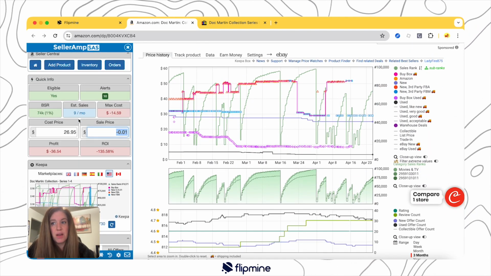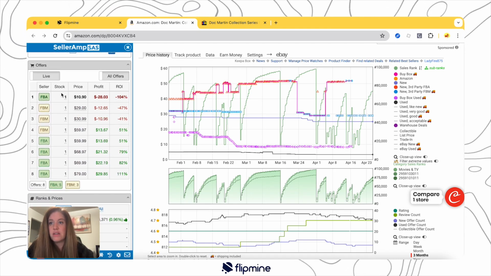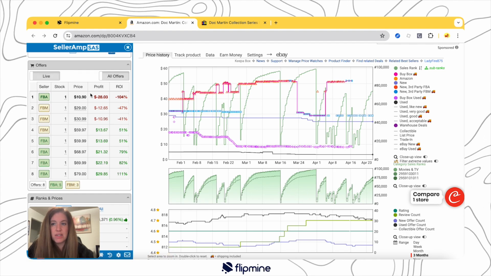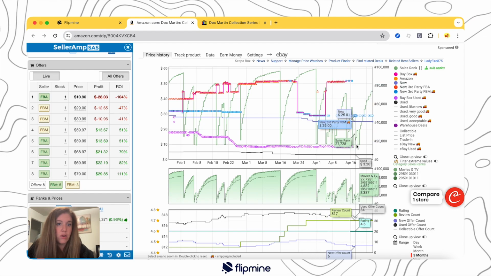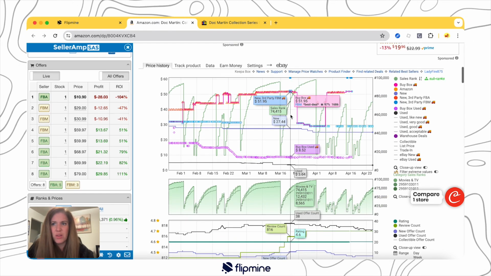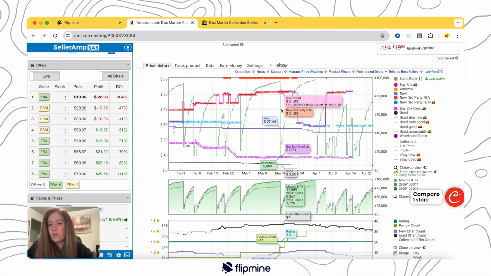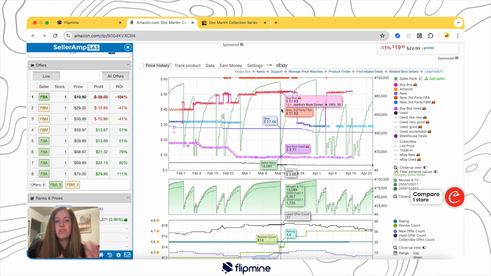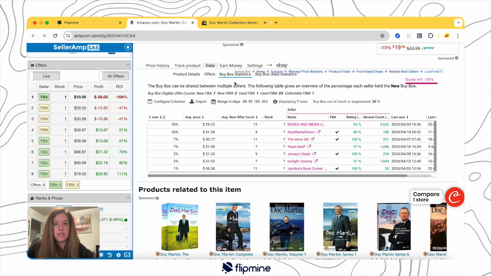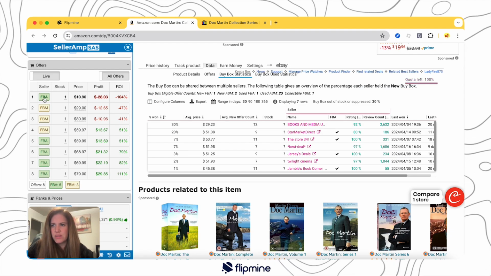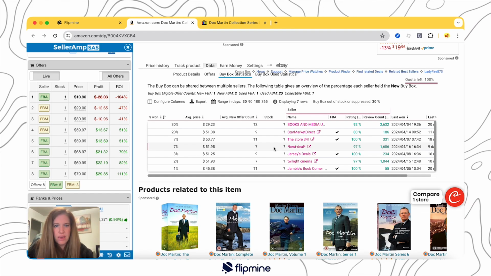It sells 9 times a month, which is pretty good. I like that. But there are a lot of sellers. And it's kind of a red flag that this person has it at $10.90 and everybody else is at either $29 or $59. So let's take a look and see why they're so low. And I just run through the Keepa chart, and I can do a whole new video about the Keepa chart and what to look for. But I like going to the data statistics and seeing who is this seller. This is Painting Fish 08. It looks like,